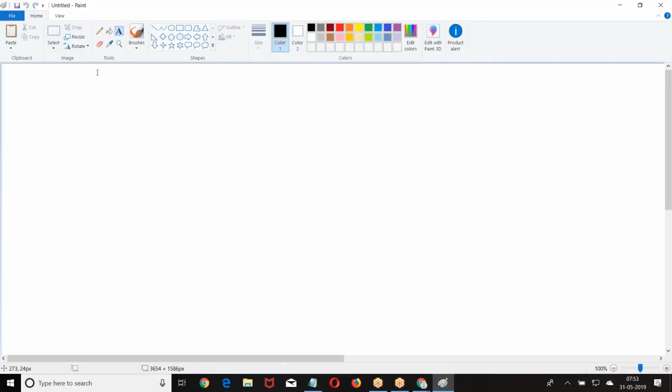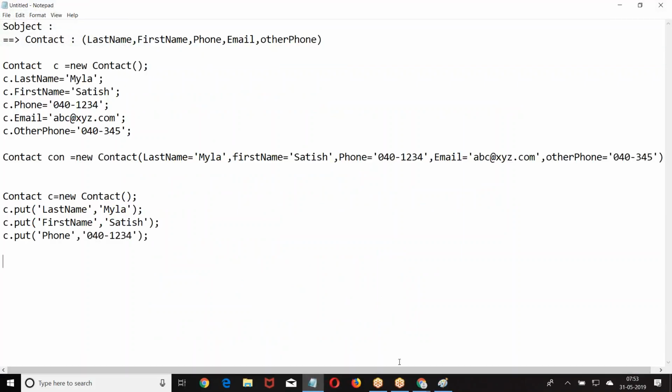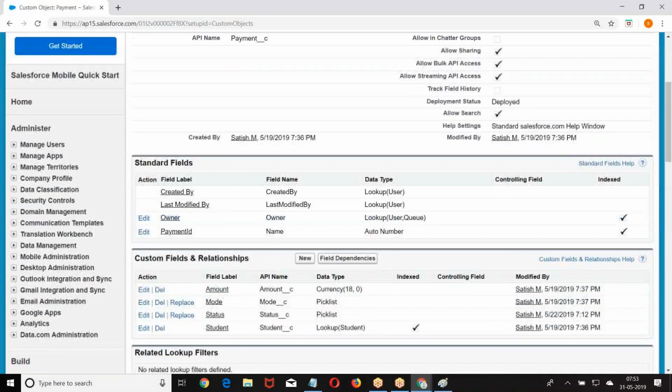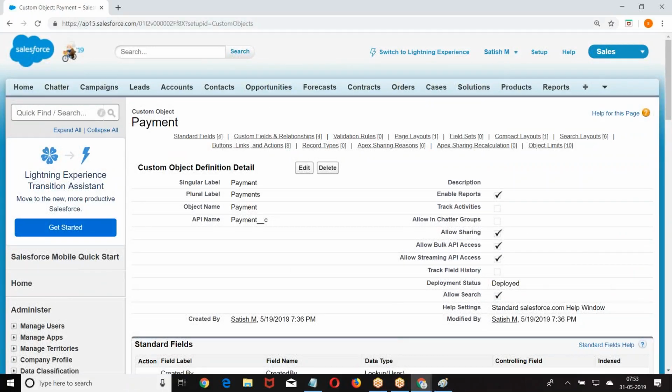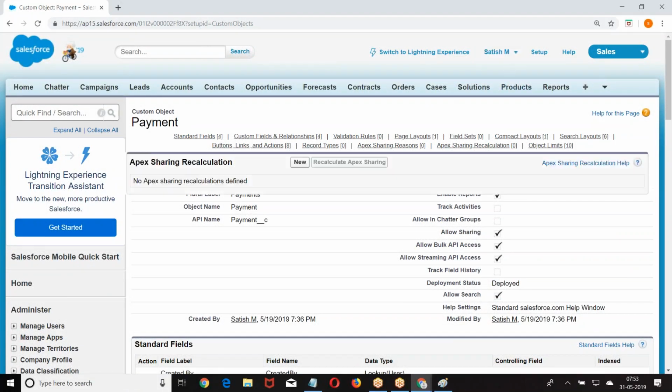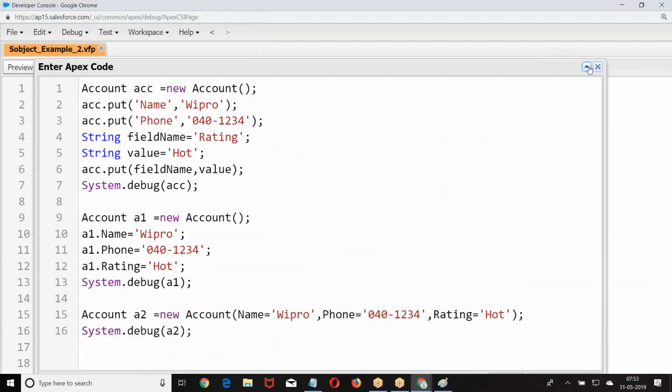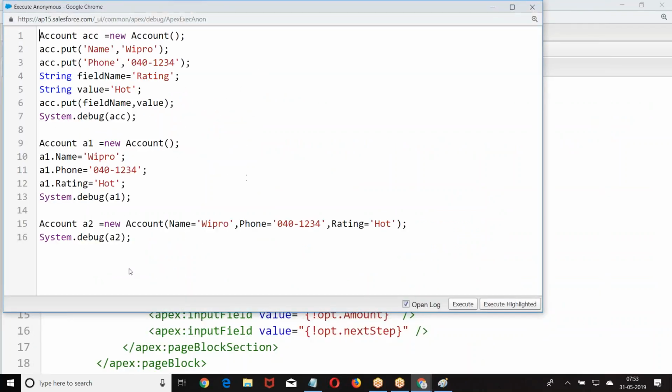Now we are referring to S object. If it is a custom object, now what was our object here? Let us go to payment. Payment, amount, mode, status. Payment, mode, amount, status. Now, if it is a custom object, how do you do that? Payment.